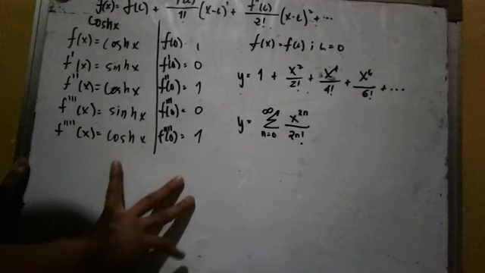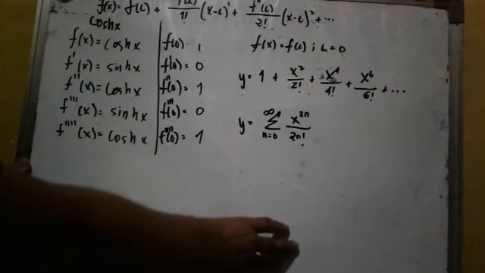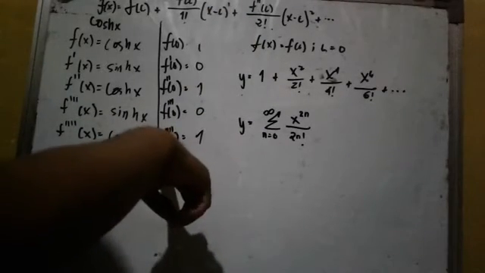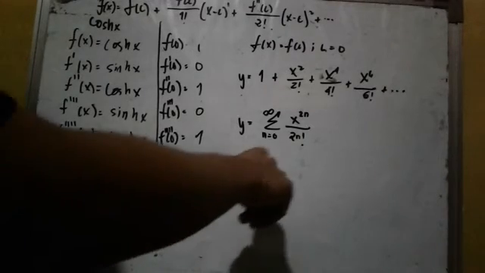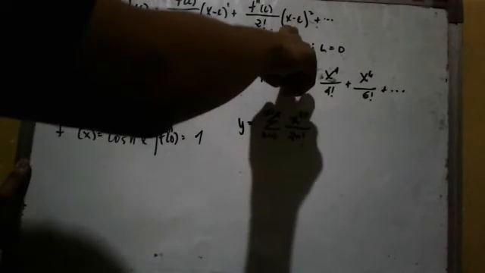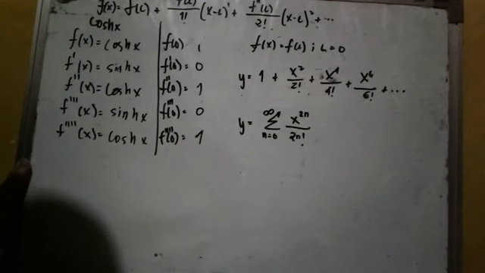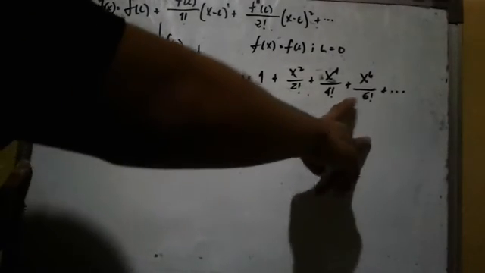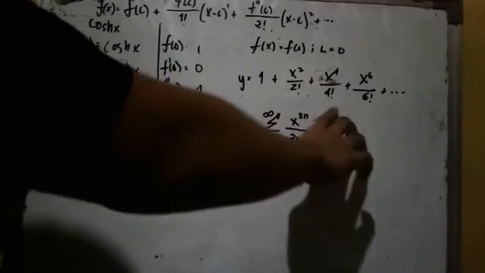And the next one is the cosh, which is equal to 1, so we just substitute 1 again in the fourth derivative of our function. And we substitute the c, which is equal to 0, so x minus 0 raised to the next power, which is 4, so x to the 4th over 4 factorial,